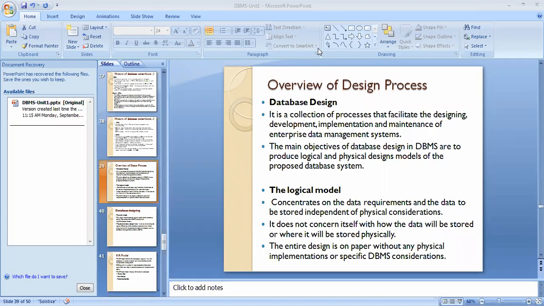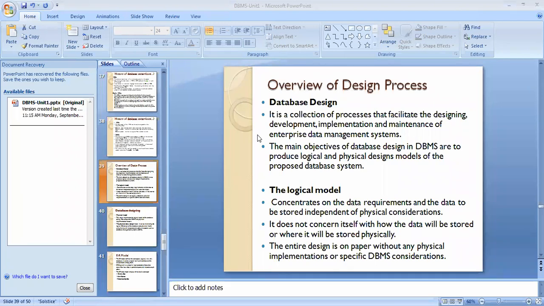And this is why it's required, because the naive users, who are unprofessional users, don't have any knowledge of the database. He just comes with the requirement: I want this type of data to be stored in my database for my organization. And as a technical person or database designer, we take his requirements, gather them, and draw all these requirements in a pictorial format using the ER diagram. It's pen and paper work.